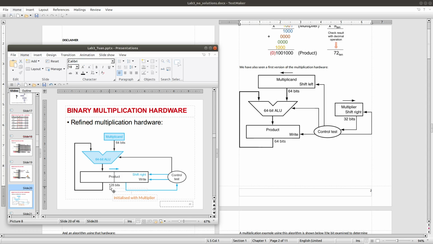So in total you will need 192 bits in total. But for this version, the first version, you need 64 bits.